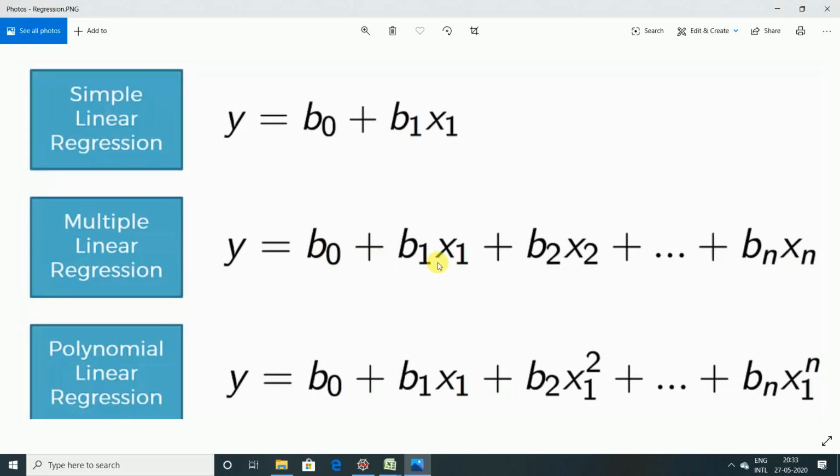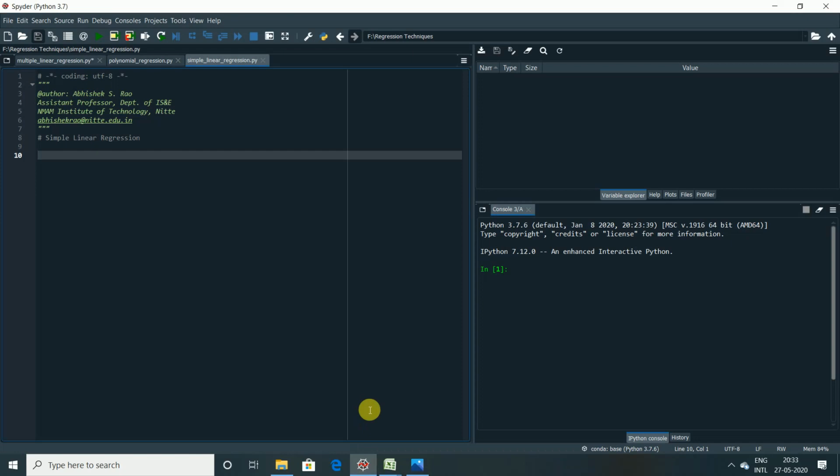Let us assume the salary of an employee based on the number of years of experience as well as the number of years of education or qualification he has. If there are more than two variables, we consider that regression as multiple linear regression. The last one is polynomial regression. This models the relationship between the independent variable x and the dependent variable y as an nth degree polynomial in x. Okay, so this is a small intuition which I thought I could give you before I start with the implementation part. Now let us directly go for the implementation of simple linear regression.